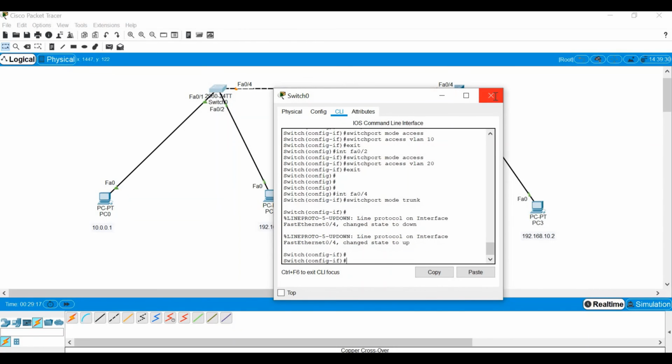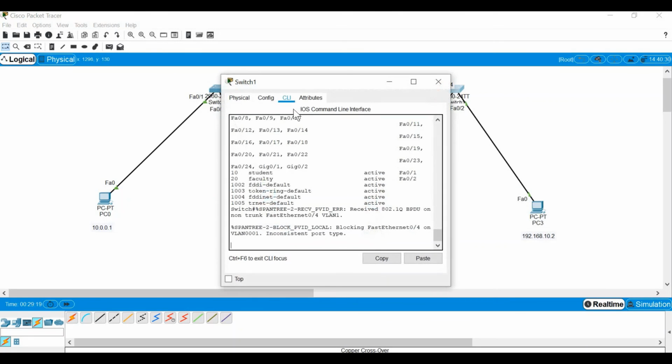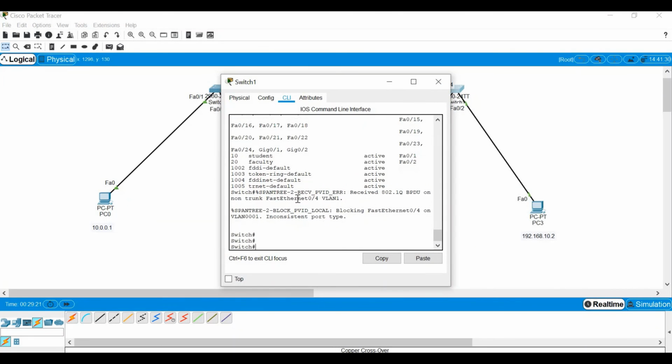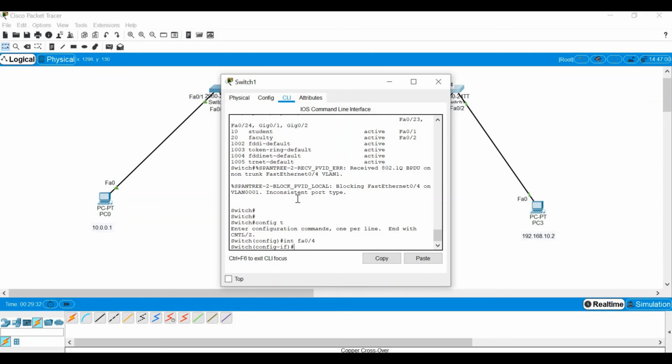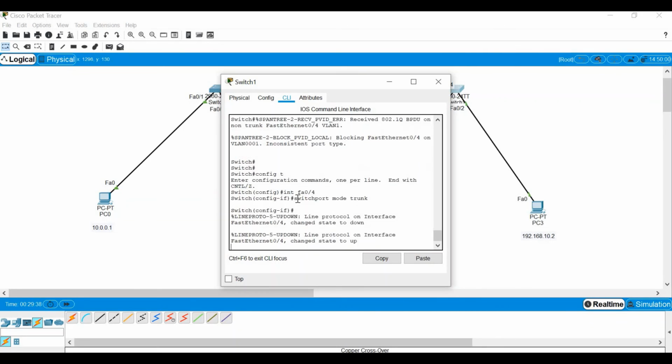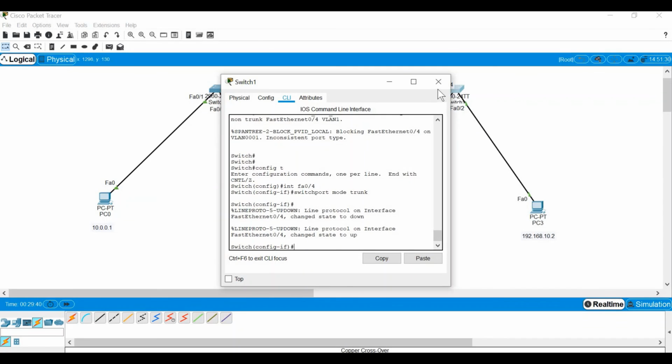Trunking is done. Very simple. Similarly I'm going to this switch, config T, and same thing: interface FA0/4 and switchport mode trunk. Fine, so trunking is done.